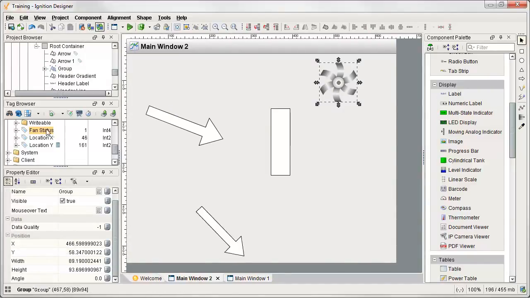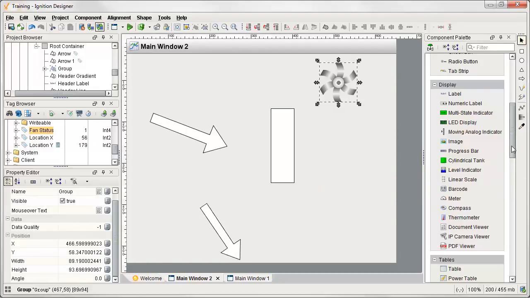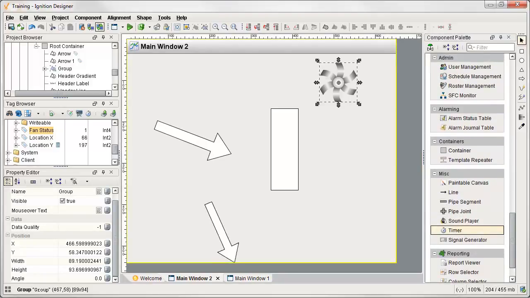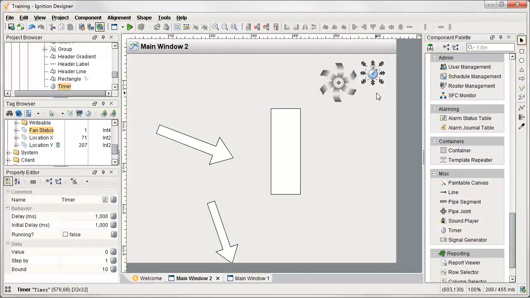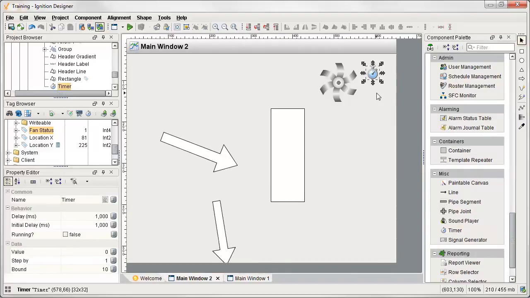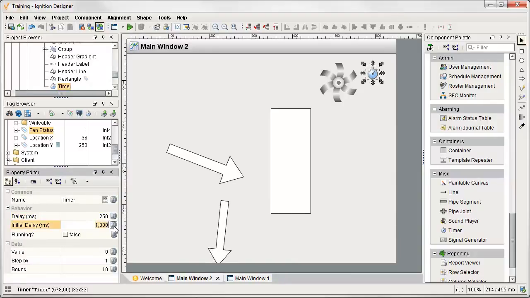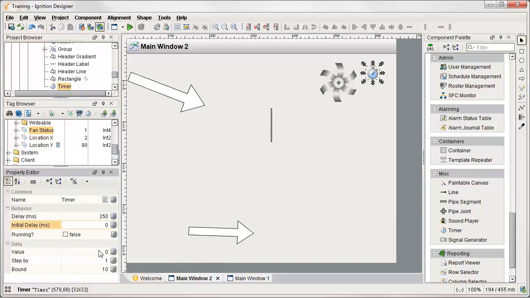I don't have a tag here. All I have is a tag that says I'm 1 or 0, on or off. So what we can do is actually go and use a component we have at Ignition under the Miscellaneous tab called the timer. A timer is an invisible component of the runtime. You don't see it, but it allows us to go through a set of values. So here, for example, I can set the delay for the timer, how often we want this thing to run, at 250 milliseconds. Set the initial delay to 0, and then at the bottom we can